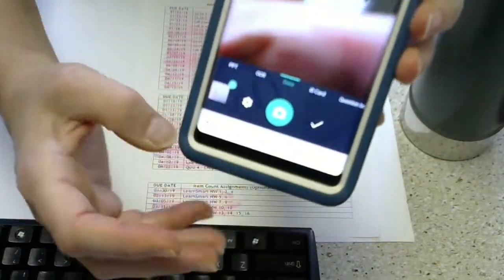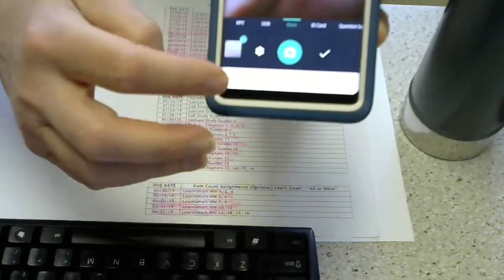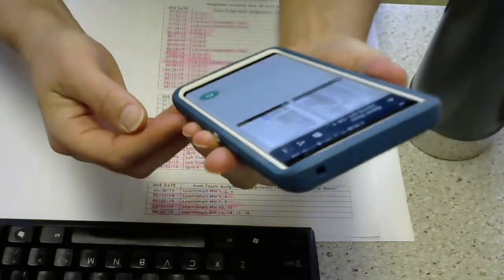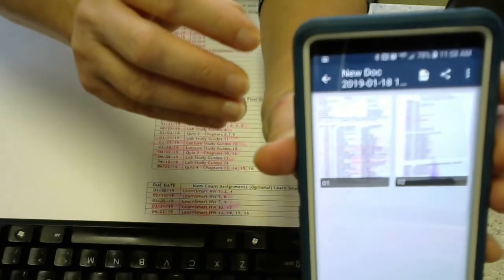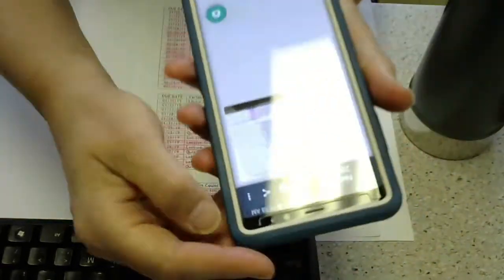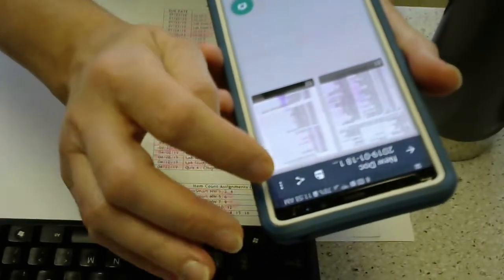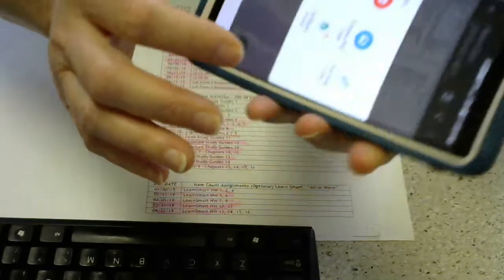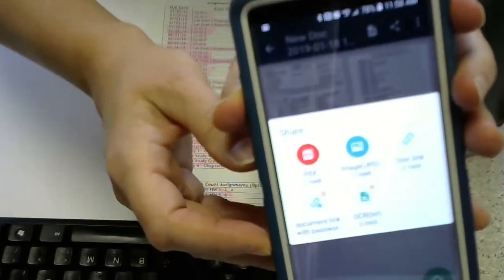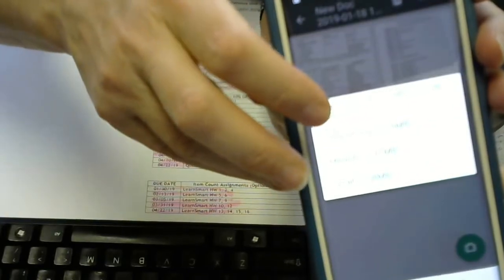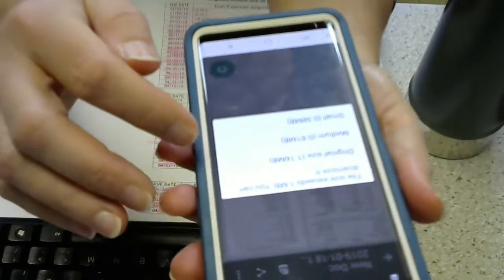So what you'll see is that there's a little check mark here. Just hit the check and it saves that document, and you can see that there's 2 pages associated with it, and then you see the little share icon. So all you're going to do, what I'm going to do, is just click on the share, and then I'm going to share the PDF form, and we're just going to go,